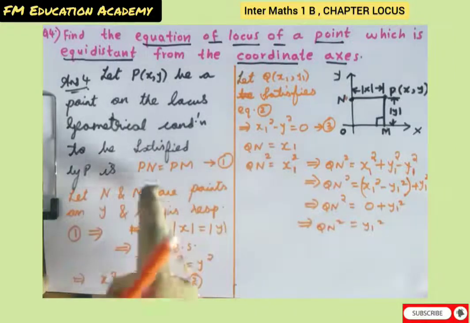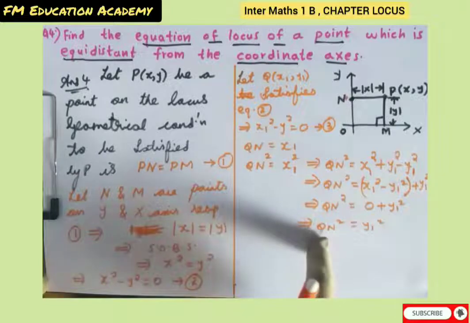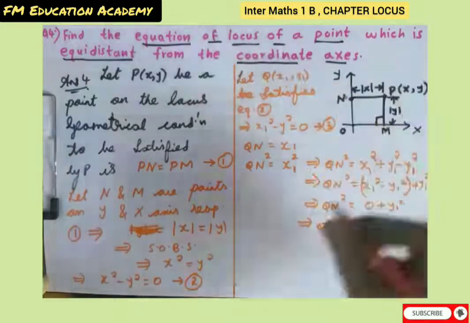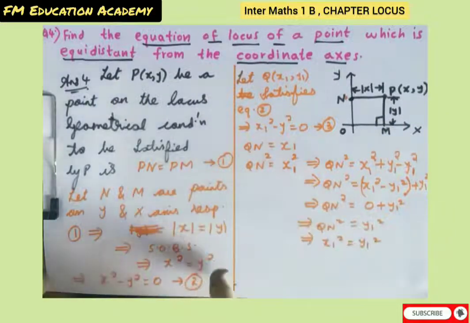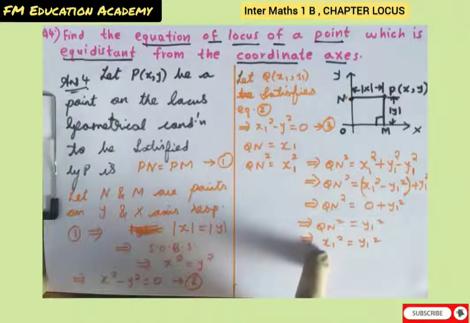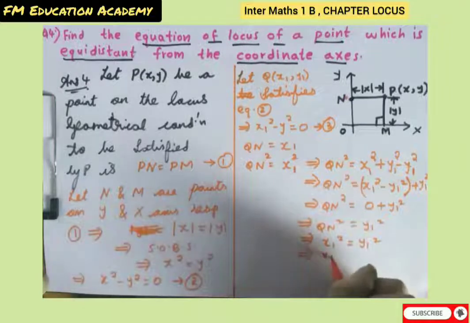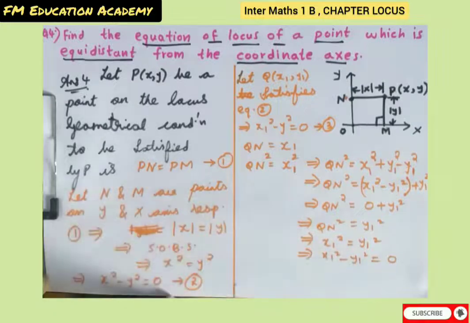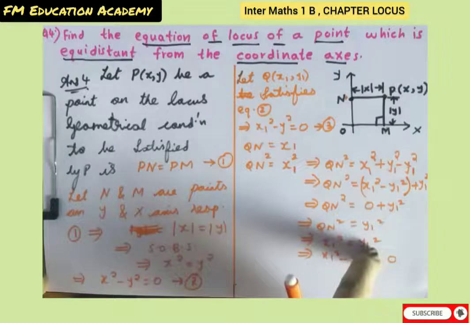See, here we got Pn is equal to Pm, that is, here we got x is equal to y. What is Qn? We know Qn here is x. So we can write x1 square is equal to y1 square. Initially also we had x square minus y square is equal to 0, and this is also x1 square is equal to y1 square, which means x1 square minus y1 square is equal to 0. That is, both the conditions are there. So we took Qn and made it equal to y1 square.